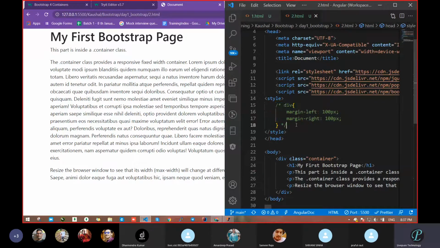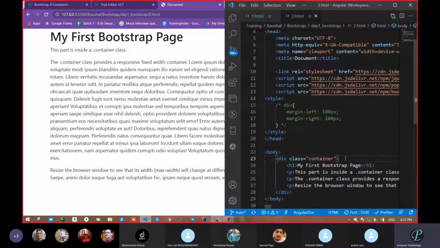Clear? What is the benefit of writing Bootstrap? For the same thing we would have to write two lines of code, but here we just pass one class. We have to keep in mind what this class is going to do, and that some other class can do something else.